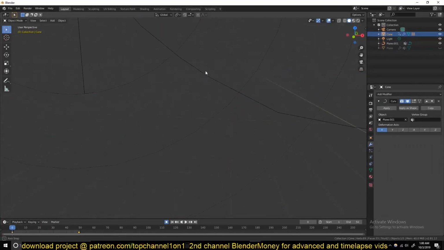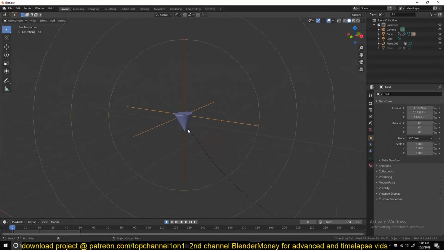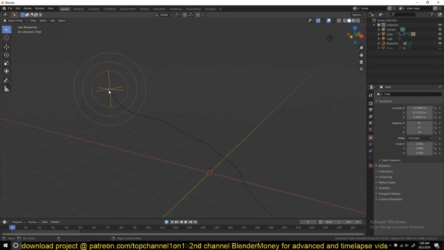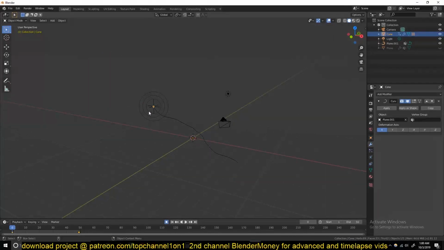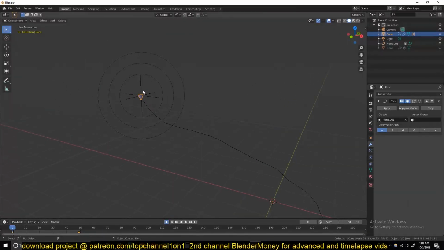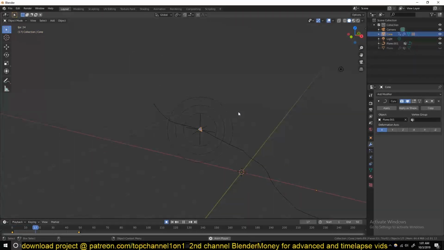This will parent the object to the vertex, and since the vertex is following the deformation, this empty should also follow the deformation. But if you parent it to the object instead of the vertex, the empty will follow the pivot point, and if you can see from the pivot point here, it's just going in a straight line. So instead, it will be going in a straight line if you parent it to the object instead of the vertex. So make sure you parent it to a vertex instead of an object, and you will have it follow